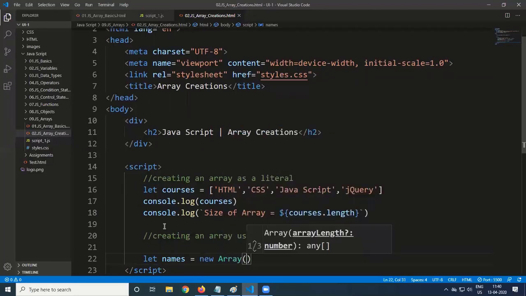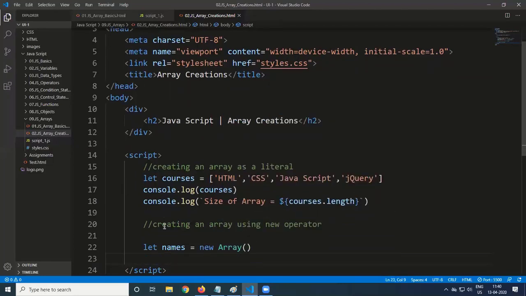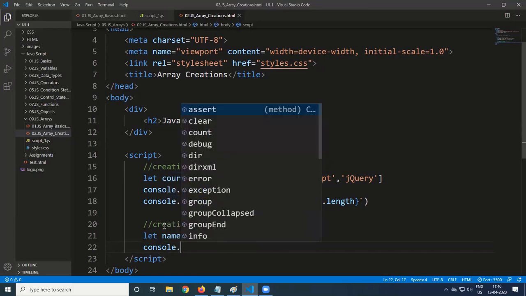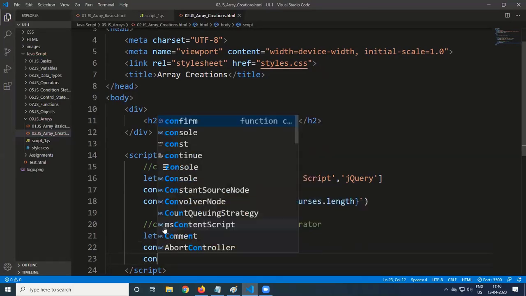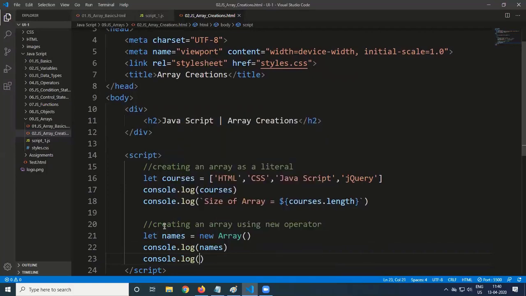Array is a predefined class of JavaScript. So let's display console.log names, and also we want to display the size of the array.